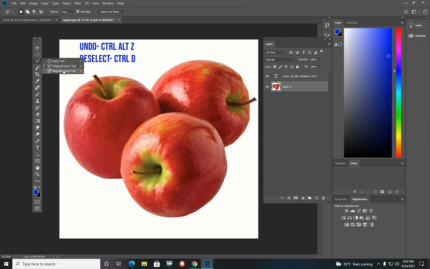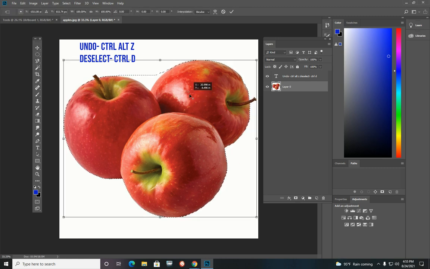And then finally, we have the magnetic lasso. The magnetic lasso, you just click once, and then without clicking, it drags and it's able to find the outline. And the reason why it's able to find it is because the background is white, and it's really nice and easy for it because it's a white background. Oh, you see I went off of here. Also, not my favorite. Some people really like these. I don't. Once I get back, I have to find that little square, click,